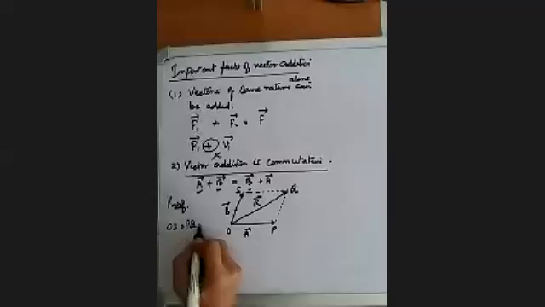Suppose we have three vectors, vector A, vector B, and vector C. According to this fact, if we add A vector with B vector, then whatever resultant we get, we add it to C vector, and that will be equal to adding A vector to the resultant of B and C vector. Suppose we first added these two, and then added C to the result. Now what do we do? We add B and C first and then add that to A, or we add A to the resultant of B and C, then both will be equal. So according to this,